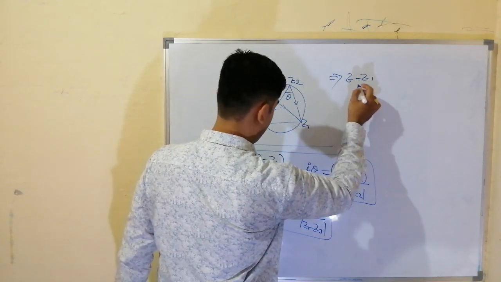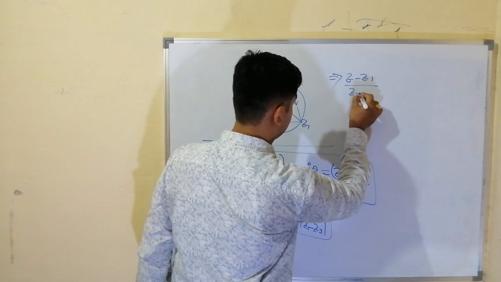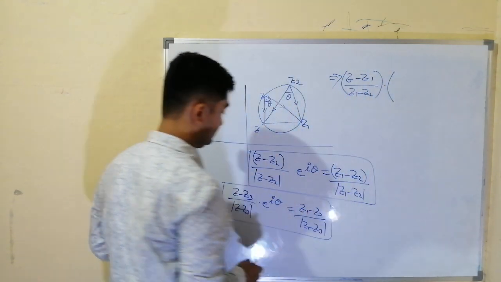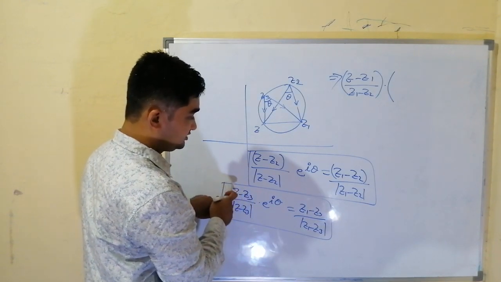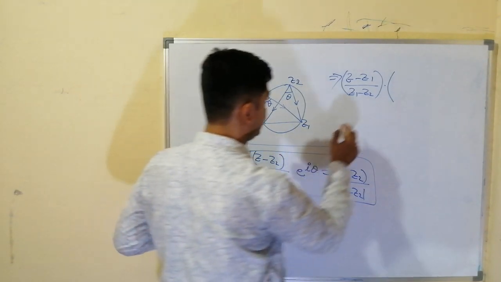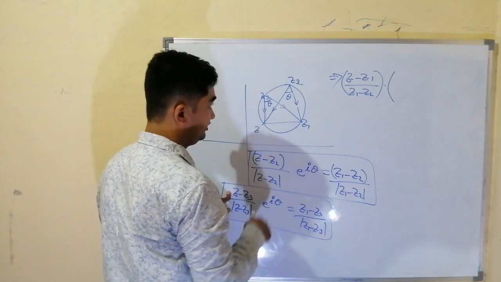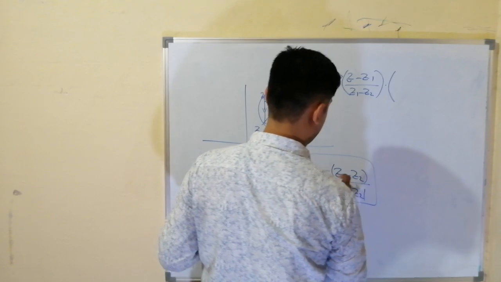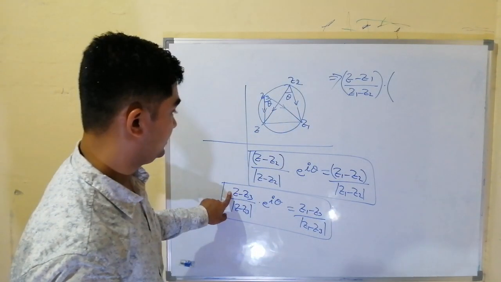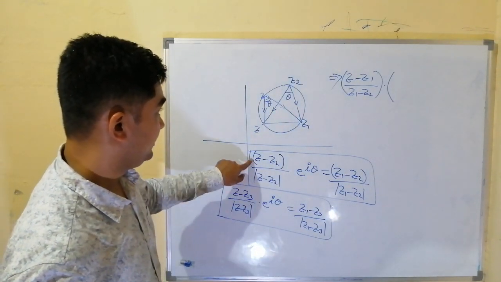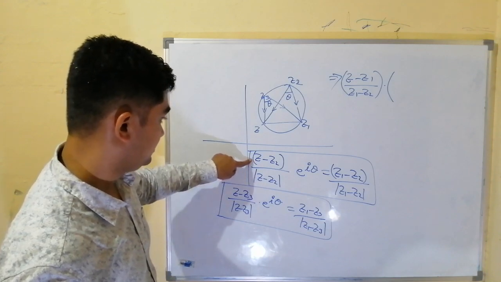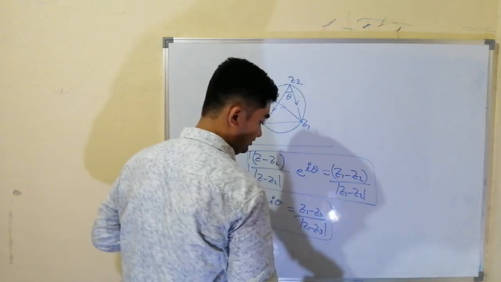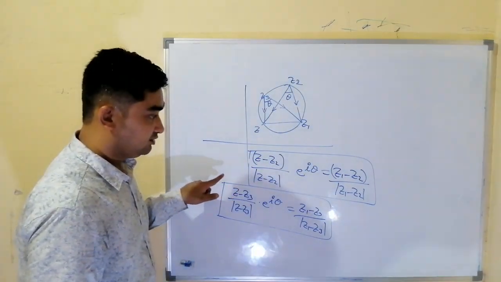So left hand side will become, I am multiplying, can simplify, z minus z1 upon z1 minus z2 into z minus z3, which will be in the denominator, something wrong I have written. So again we will do, let us simplify.